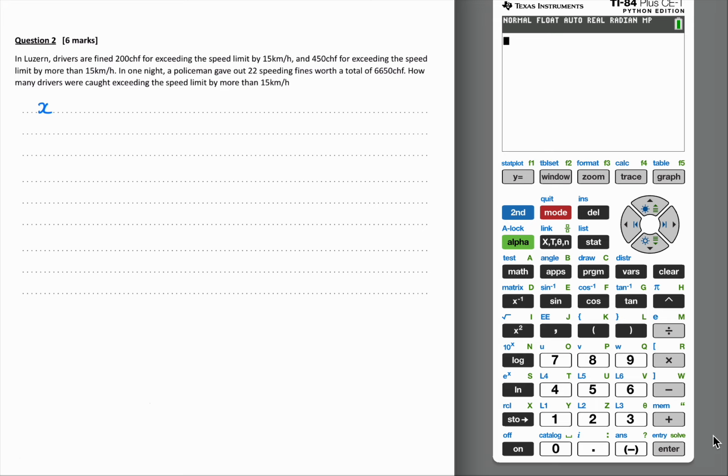Now when I look at this, I can see that I have various pieces of information. One seems to be something to do with the amount of money for the fine. One is about how many fines were given out. And then it's asking me how many drivers were caught exceeding the speed limit. So that tells me that my x and my y values need to be how many people were caught. So let's say that x is the number of drivers caught